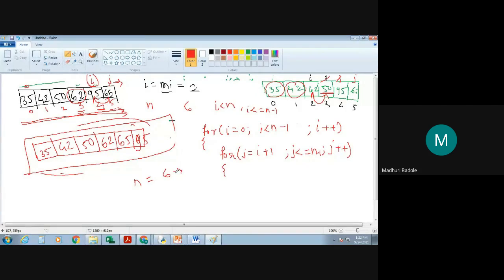So your looping should be i less than n. What is the value of n? It's nothing but 6 minus 1. That's it. It should be less than this 5, that is, less than the last index. That's why we are writing over here i is less than 6, which is nothing but n, minus 1.